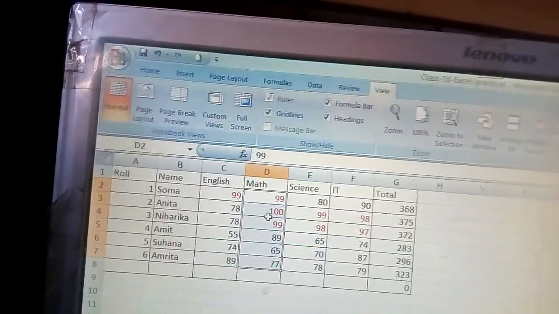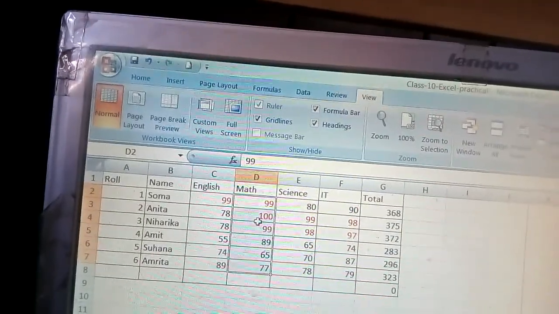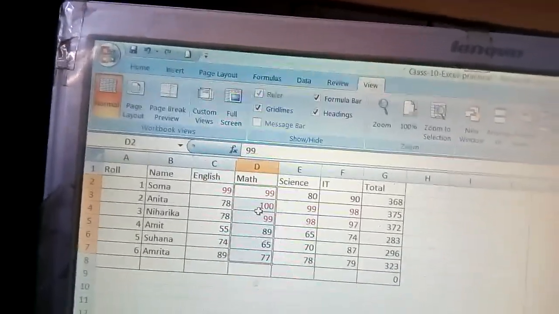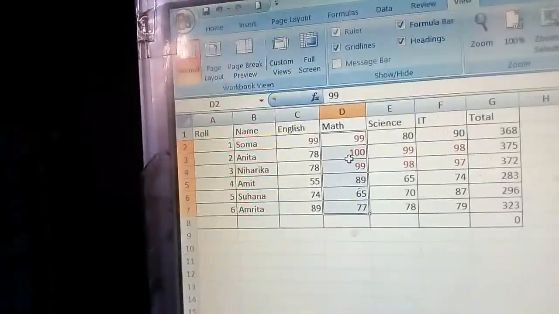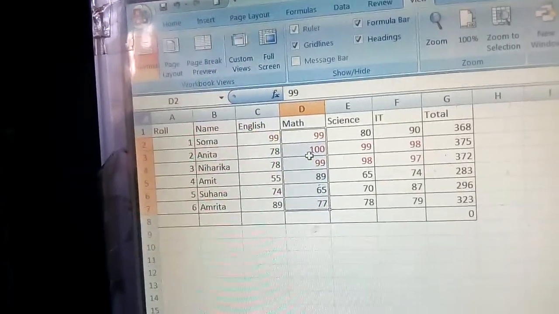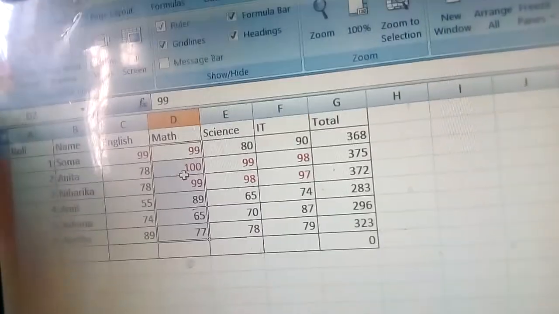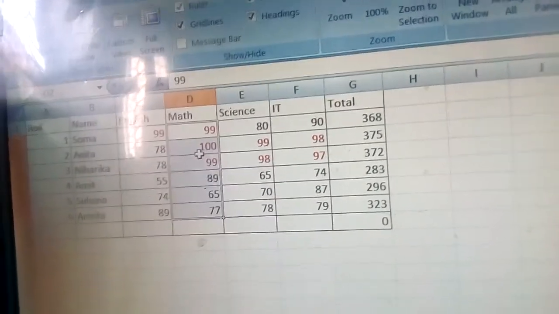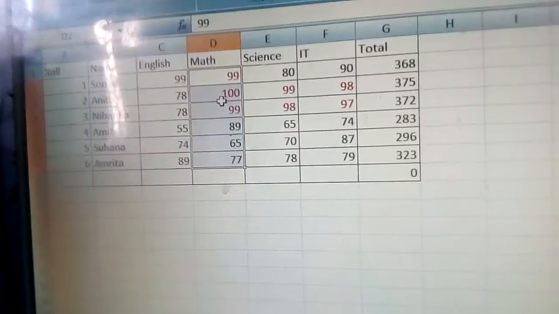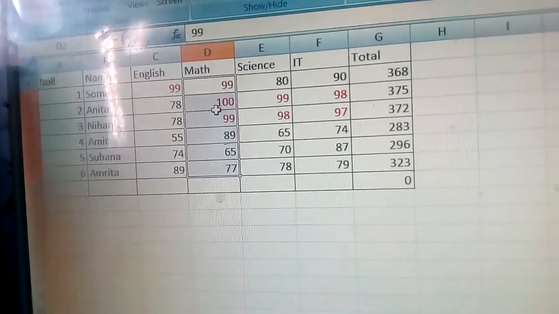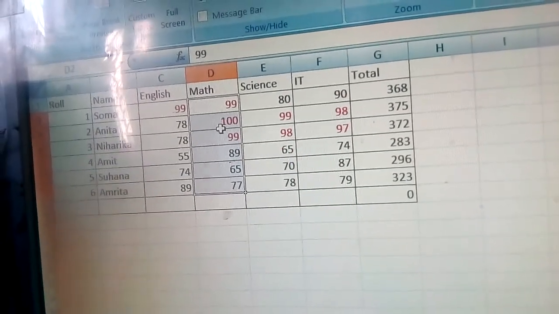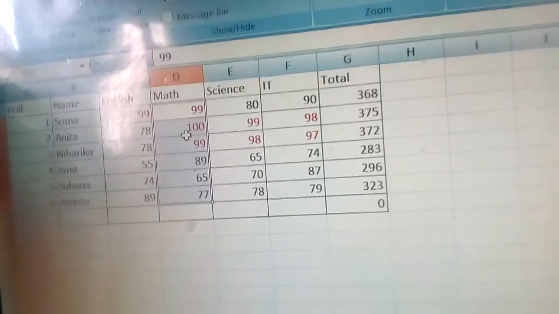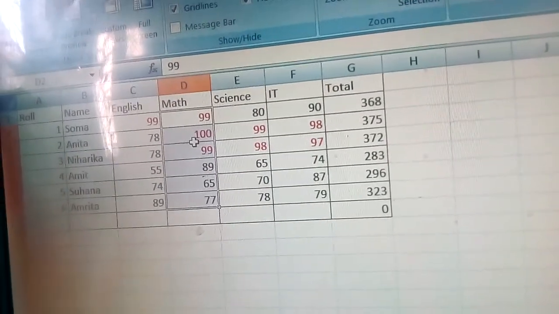That is very easy. There is one option here, that is Sheet. So you have to click on the Sheet tab, and there you will get Named Ranges and Expressions. When you click on Named Ranges and Expressions, a pop-up menu will appear. From there you have to click on Define. The Define Name dialog box will open, and then you have to give the name of that cell range.